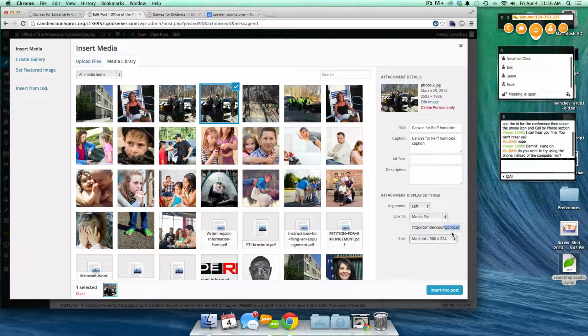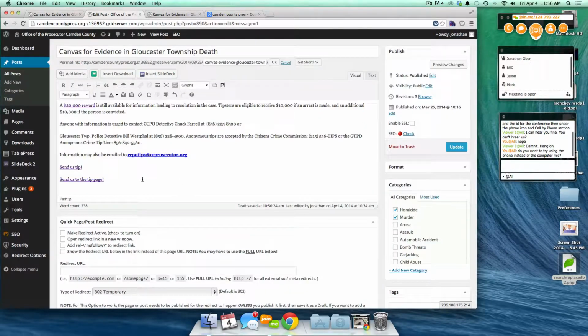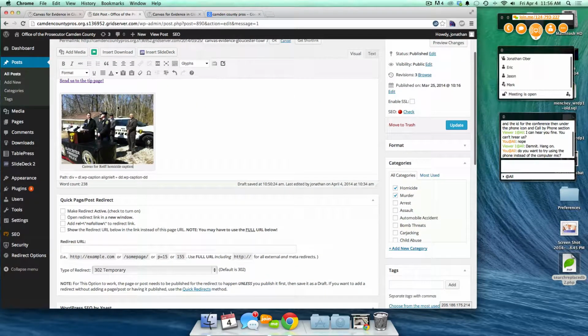It'll either do a 300 width or a 300 height, depending on if you're doing a horizontal or vertical image as the default, and then it will make the other proportional. So we're going to go ahead and just insert that image into the post. And you'll see here we have our image, we have our caption that we put in there, and if I click on that image,